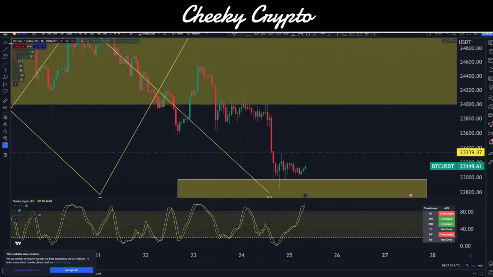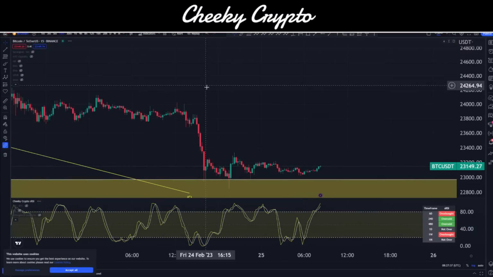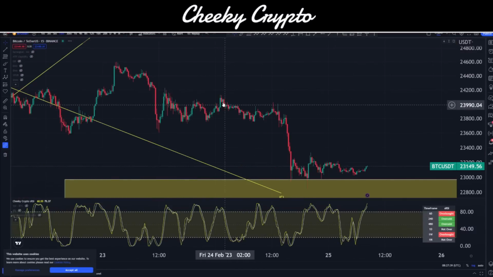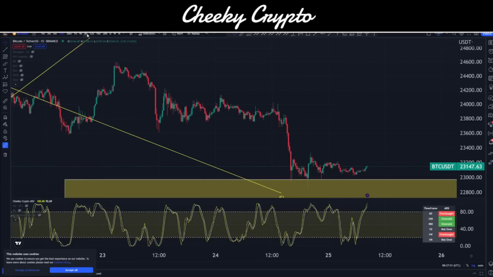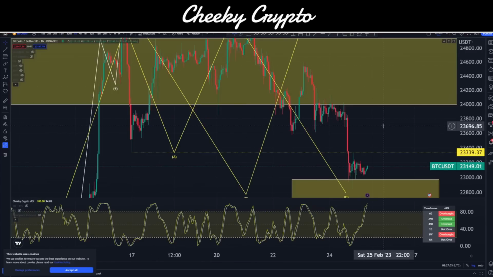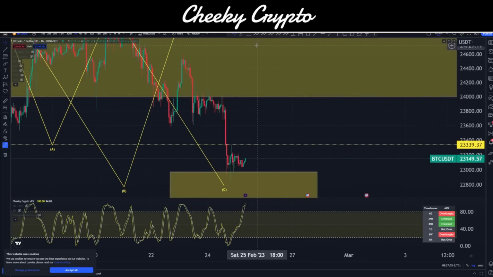You'd probably have to take this down into a 15-minute chart to really see exactly what is going on in there, but you can see maybe it has to be a little bit lower, but 1, 2, kind of 3, 4, and then kind of 5 like this, right? This overlapping diagonal structure to the downside. Bring it back to the hourly. Okay, so that's what's going on right in there.